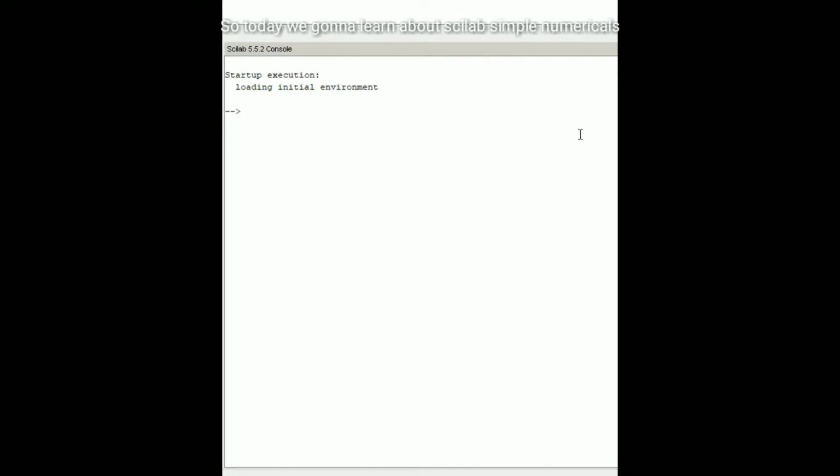So today we're going to learn about Scilab simple numericals, like we just write 2 plus operator 3 dot operator 4. That means you can see